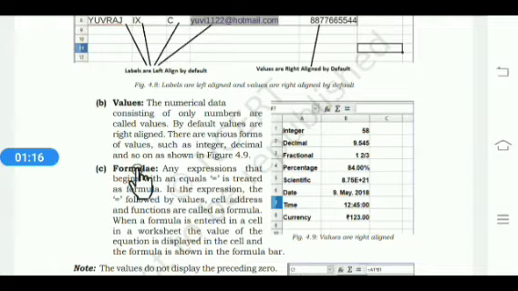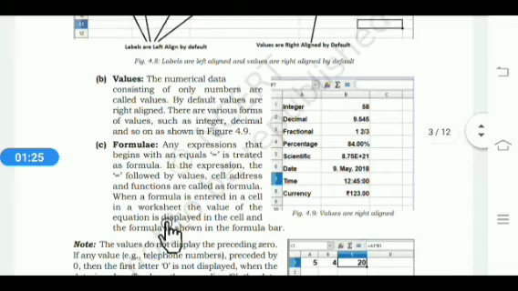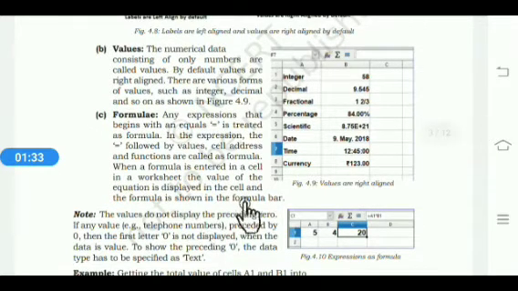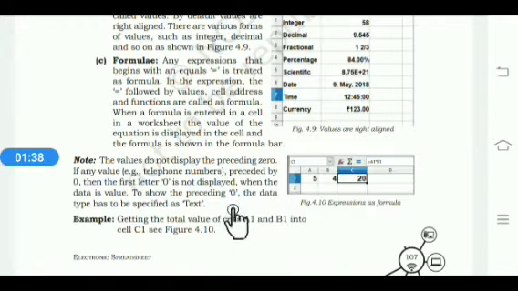Formulas always start with an equal to sign. In the expression, the equal sign followed by values, cell addresses and functions is called a formula. When a formula is entered in a cell in a worksheet, the value of the equation is displayed in the cell and the formula is shown in the formula bar. For example,